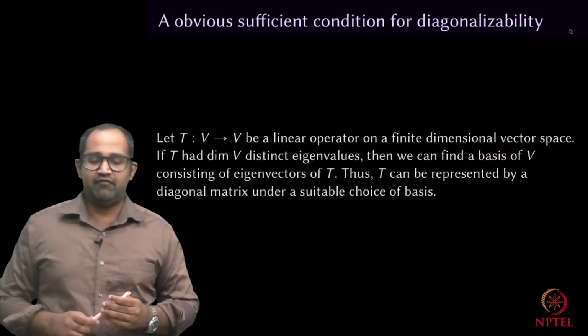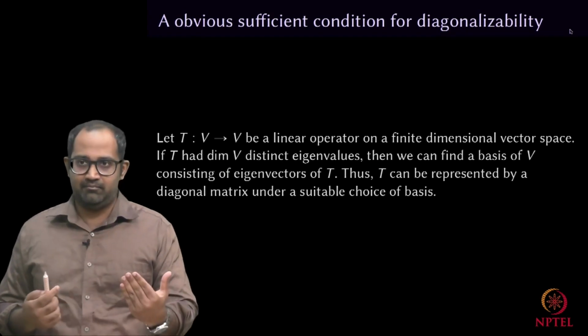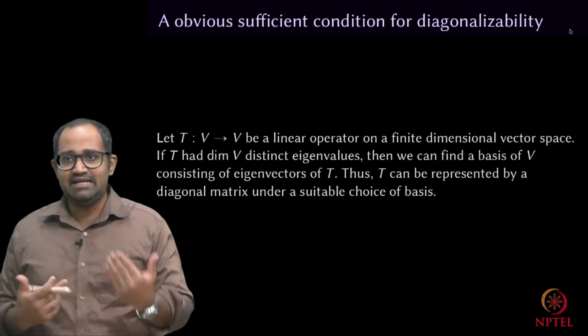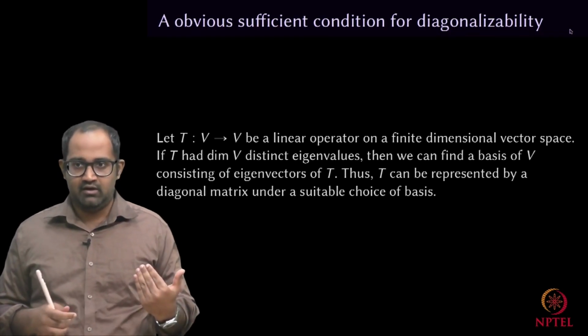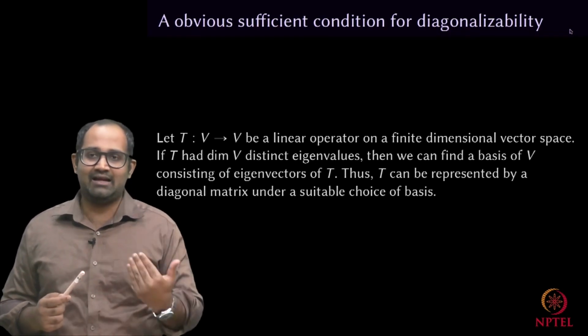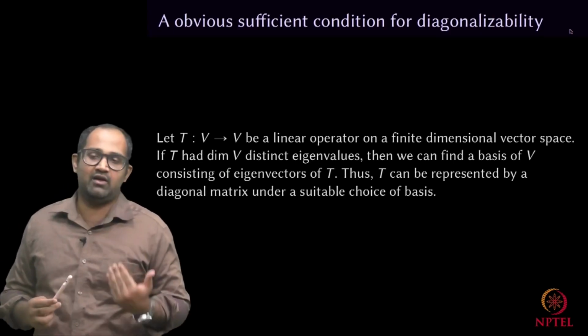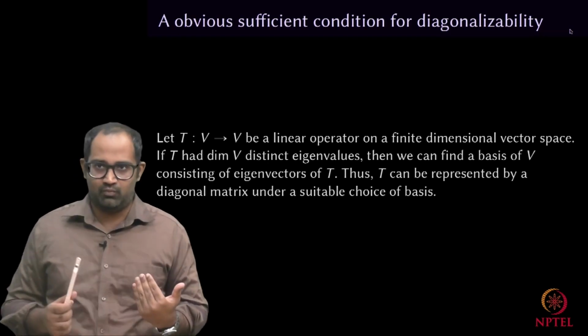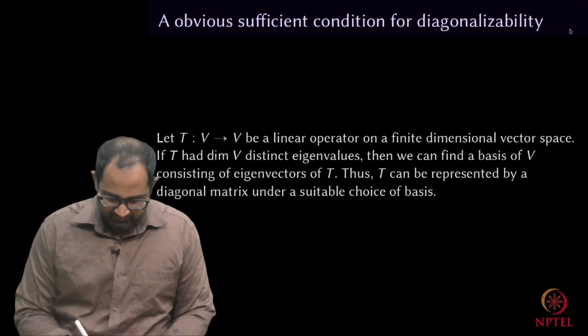That is, if you had distinct eigenvalues and you had enough of them, then corresponding to each eigenvalue, you have at least one eigenvector. In fact, the dimension of each eigenspace will have to be 1. No choice. Think about why that is true. Okay. So, essentially the proof of this is